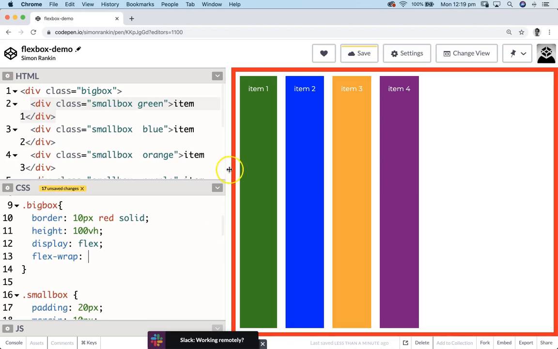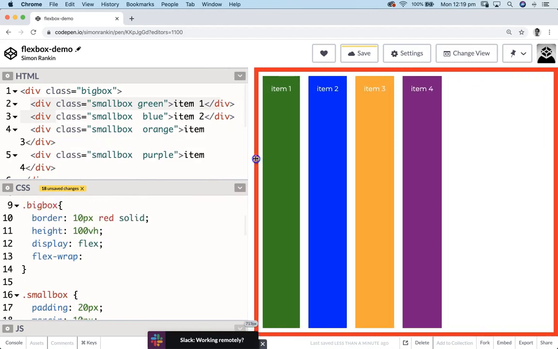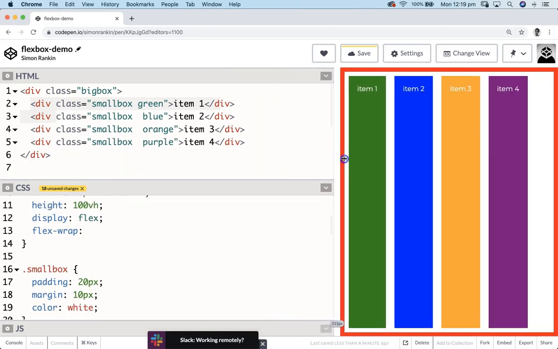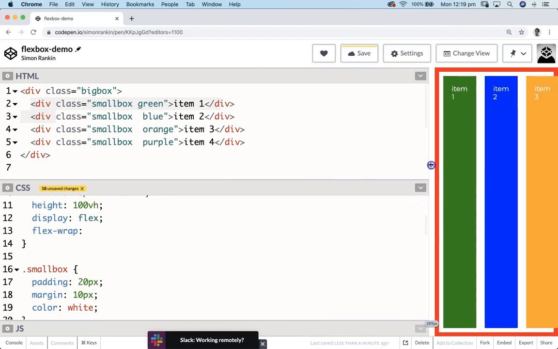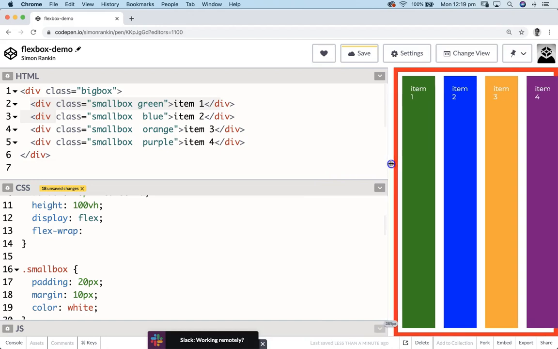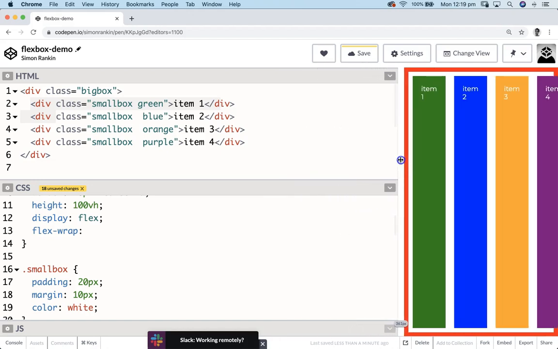So currently, when we go smaller, our items that are in the flex container kind of pop outside of the box when there's not enough space there. But we can add some flex wrap and call wrap,